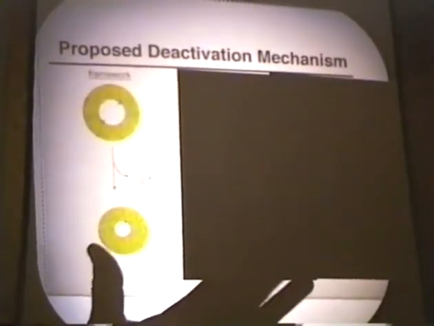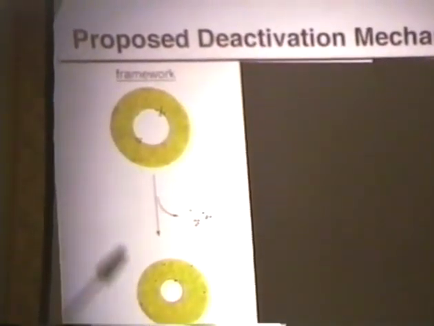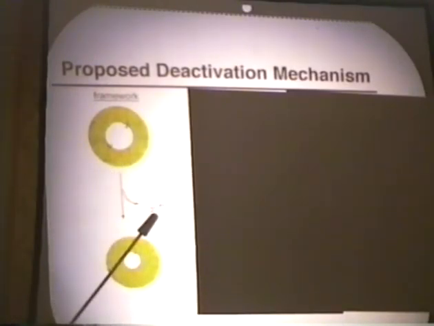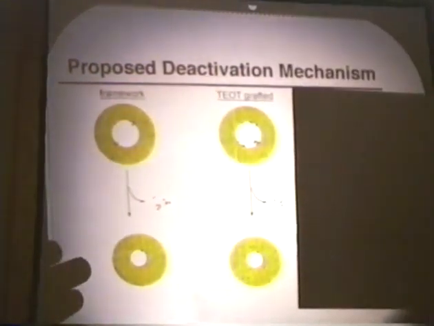So our mental picture right now of what's going on is that, for example, in the framework material, we start with oligomeric material on the surface and maybe some material in the framework. The oligomers are leaching off of the surface. These materials are inactive, and it leaves behind only a small fraction of the titanium on the surface, which is active. And again, the walls are growing thicker. So our guess is that these materials then are simply subsuming titanium sites. So titanium sites that were once active and on the surface are then being subsumed into the walls of the material.